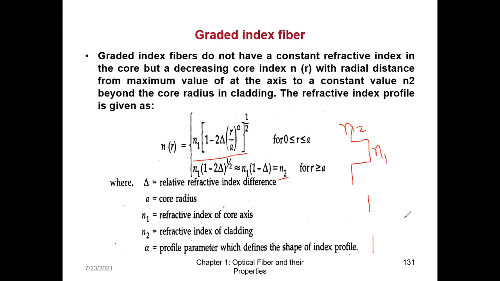But what will be the shape of the core? What will it be: triangle, circle, square, rectangle, hyperbola, parabola? What will be the shape over here? That shape is decided by this parameter alpha. By selecting different values of alpha, I will get a different shape. I cannot say that this is the shape of the core. It is gradually like this, or somebody will say no, I want to draw it like this. All this will be decided by this profile parameter alpha.